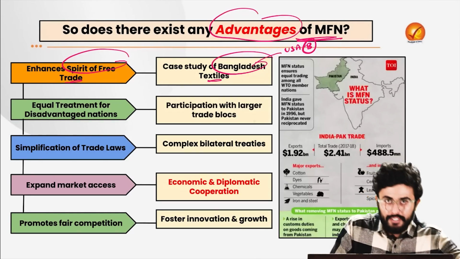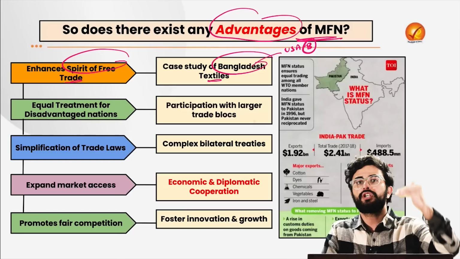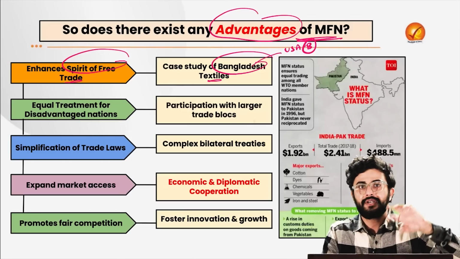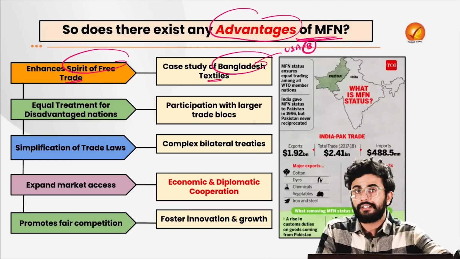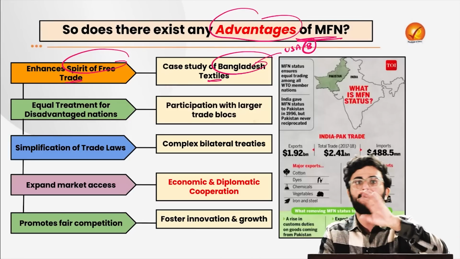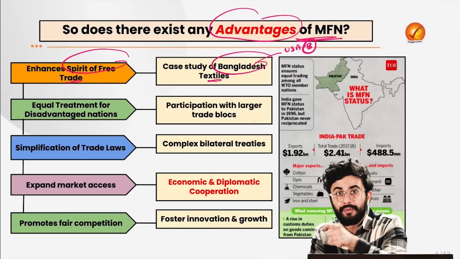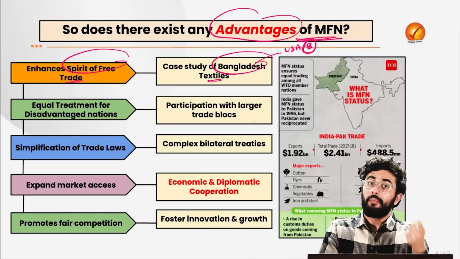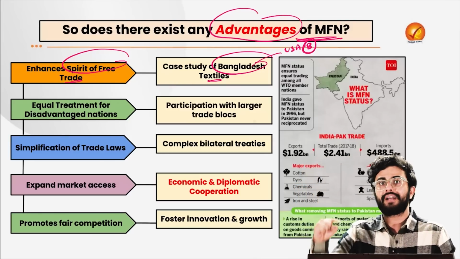So what US does, US says that okay, now we are going to reduce the import duty on the Bangladesh textile. So obviously that outflow from Bangladesh to US will further increase, and the products of Bangladesh will start flooding the market of United States of America. But is it going to act as a detriment to our country? Yes, absolutely. But under the MFN status, if the USA is reducing the import duty for Bangladesh textile, it